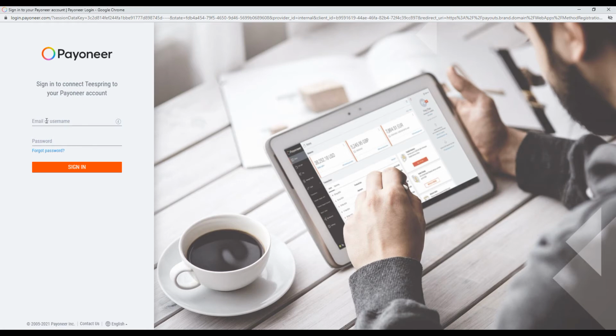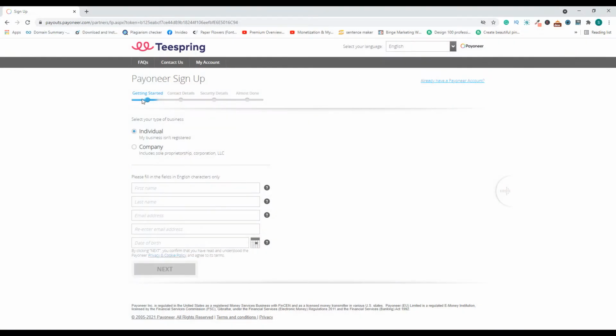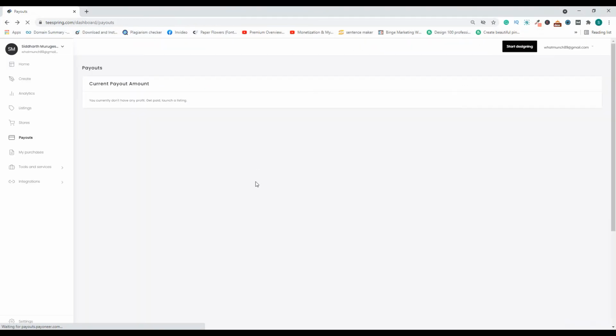But what you would need to do is sign in to your Payoneer account, and then it'll show you another box where you have to allow or approve Teespring to send you payments to your Payoneer account. That's the step you need to do. Once you do that, you're all set. You can start to receive payments to your Payoneer account from Teespring.